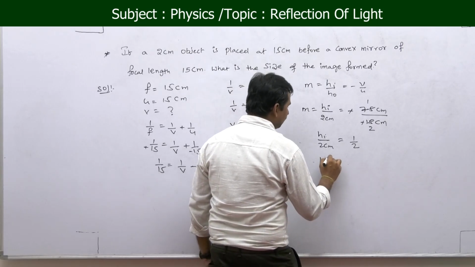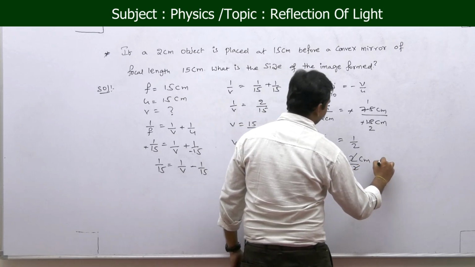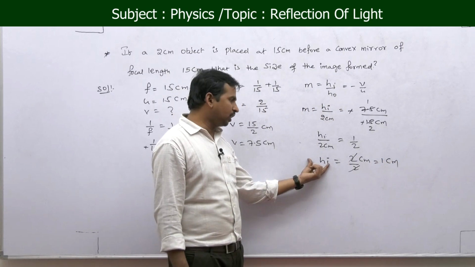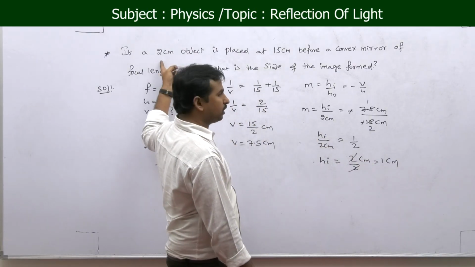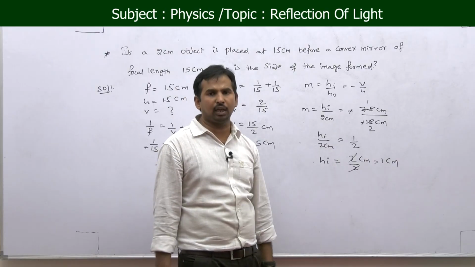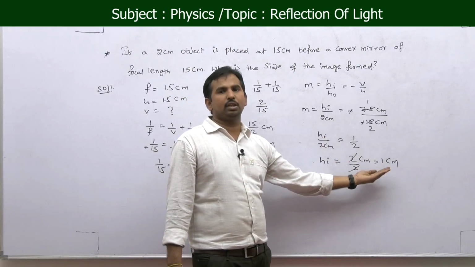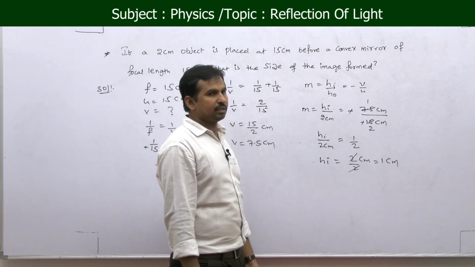Then the height of the image is equal to 2 centimeters divided by 2, which gives us 1 centimeter. Here we got the height of the image as 1 centimeter, whereas the height of the object is 2 centimeters, which means we are getting a diminished image. There is a decrease in the size of the image, which means the magnification is less than